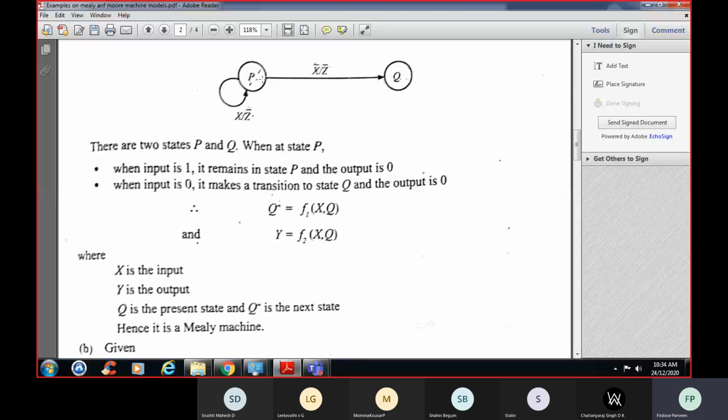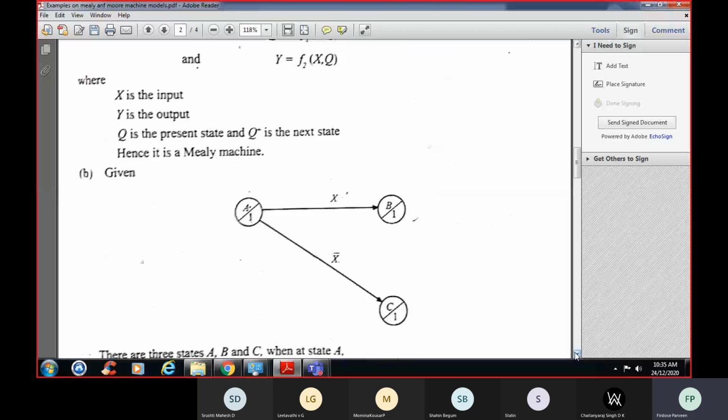So, if suppose I take P as the present state and the next state as Q, okay. So always Q plus indicates it is the next state. So next state is a function of input as well as the present state, and Y indicates it is output. It is a function of input as well as the previous state, that is Q. Okay. So what does it mean? It means it is a Mealy machine. Okay. So in the same way,